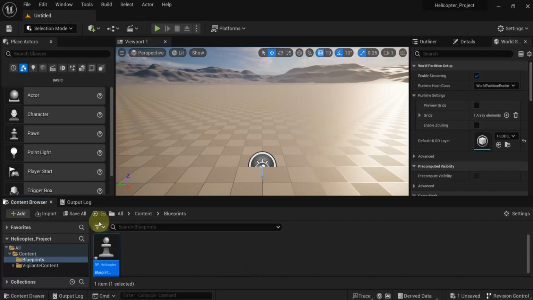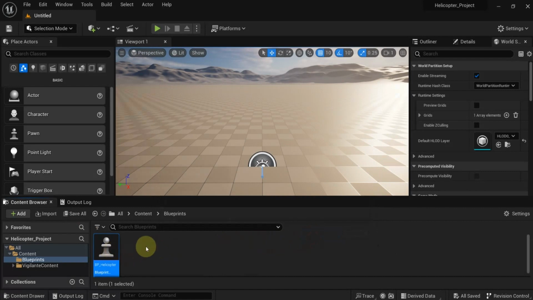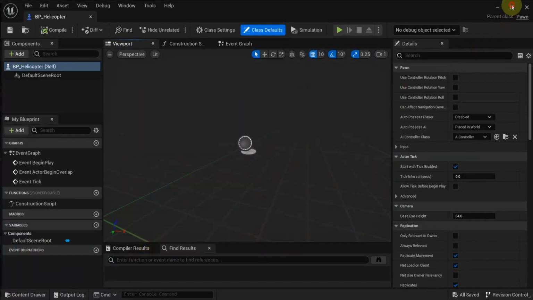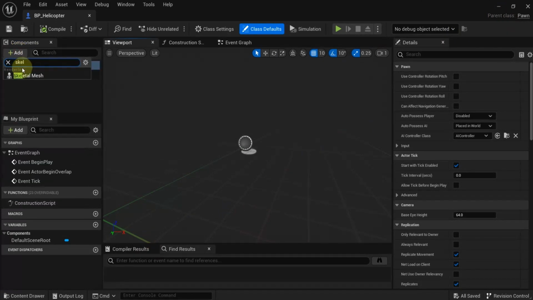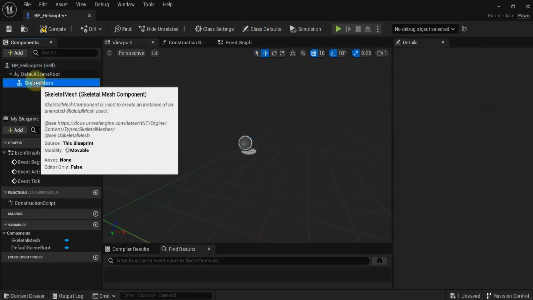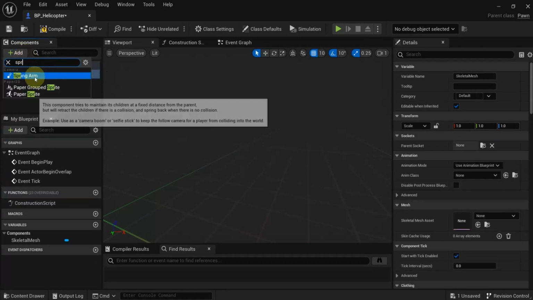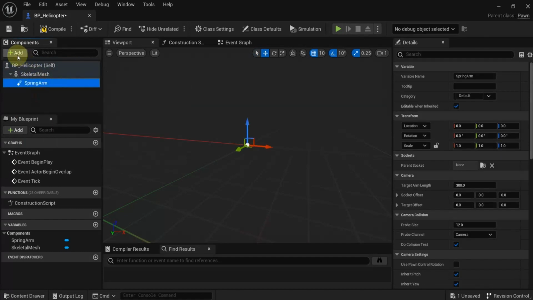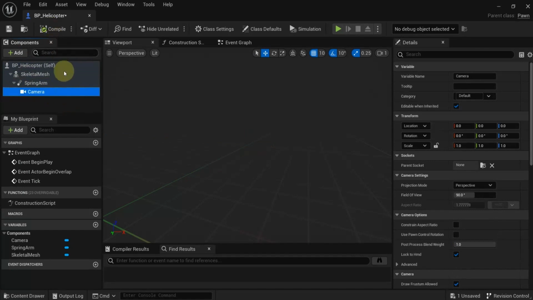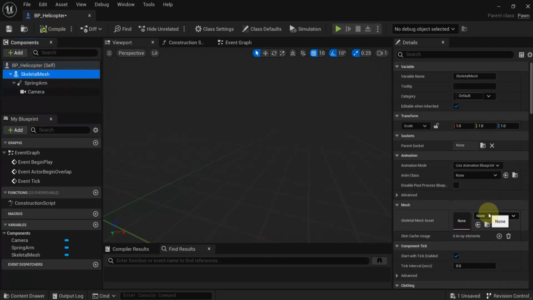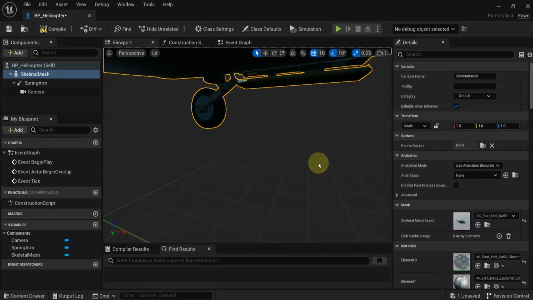Then in the blueprint we need skeletal mesh, spring arm and camera. First we add the skeletal mesh, then we add the spring arm, attach it to the skeletal mesh, then the camera also attach it to the spring arm. For the skeletal mesh we use the KA-52 mesh, like I said earlier,